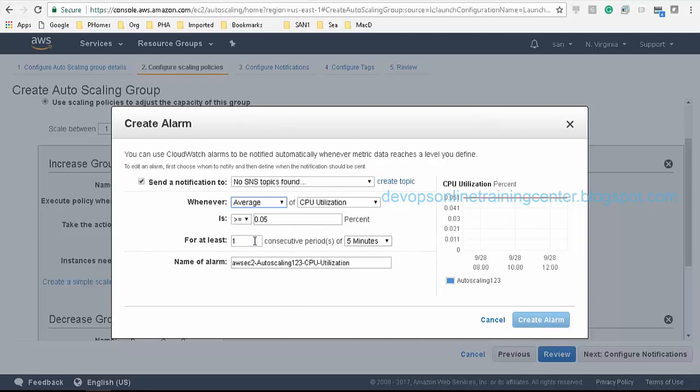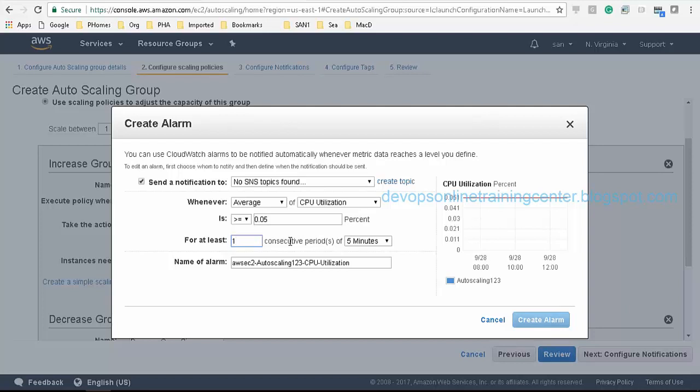Right. Okay. So here we can also specify the number of consecutive periods. Let us say at one point of time, the load simply increases. It spikes up for 5 minutes, and again after that it's normal. I don't want to do that. I want to avoid this.